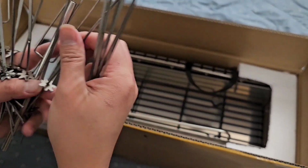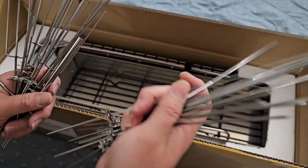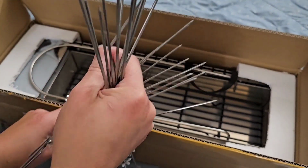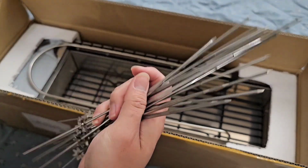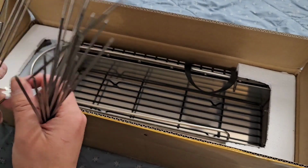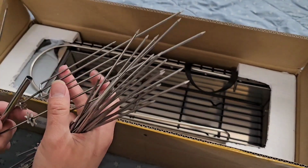5, 6, 7, 8, 9, 10, 11, 12, 13, 14, 15, 16, 17, 18, 19. Okay, so we got 20 of these normal ones, and then we got